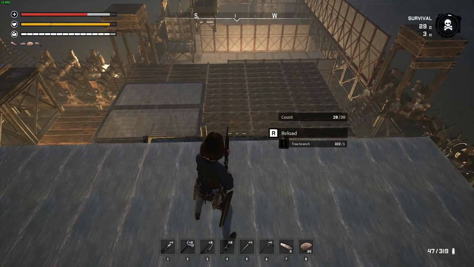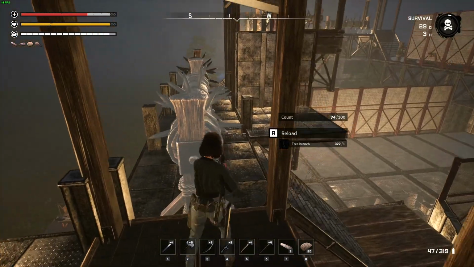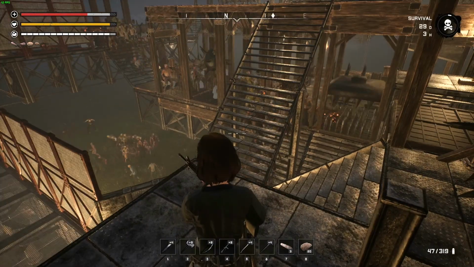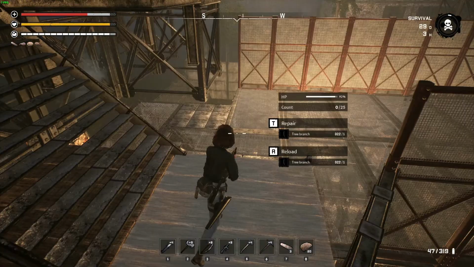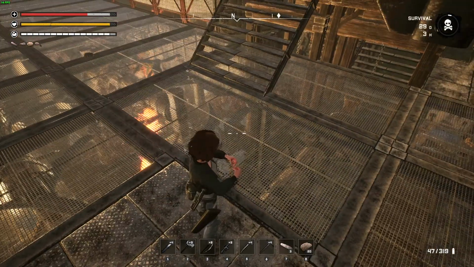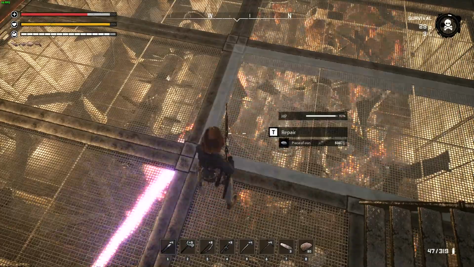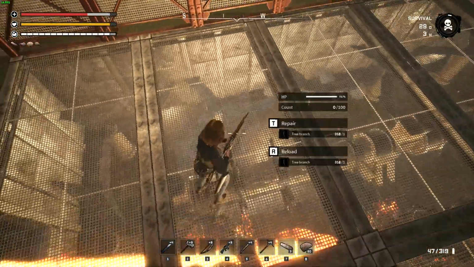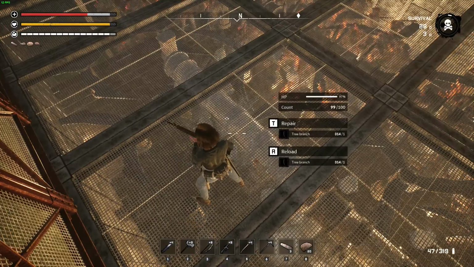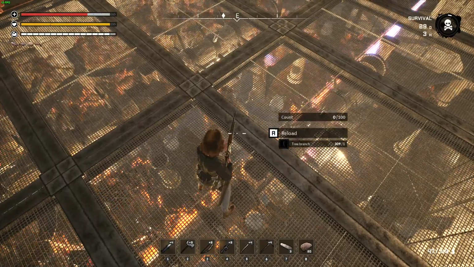Okay, it looks like the second path is done. And we still have one heck of a lot of zombies going through. So, let's jump down here. And let's load up again. Now, when I come over to this side, they seem to path a little bit more this way. I'm not sure why, but they do. Now, if I can get these ones here going,